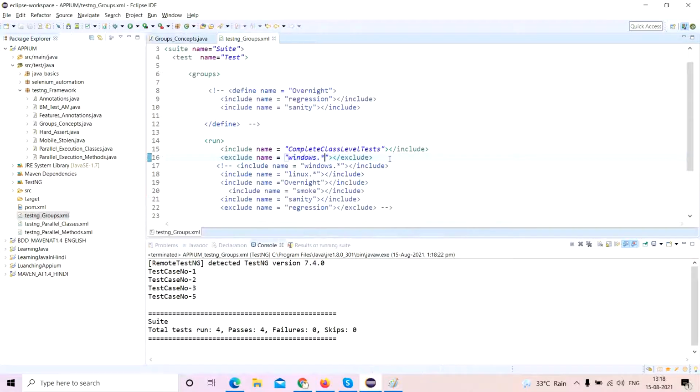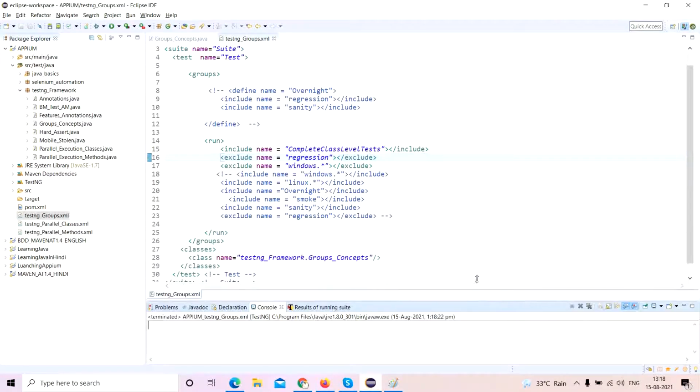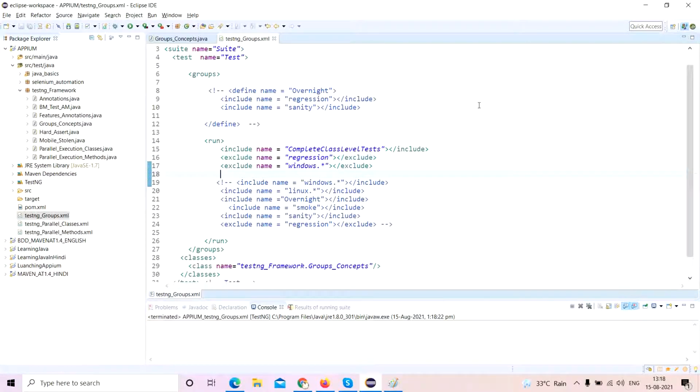Okay, now you want to exclude, let's say, regression here as well. You want to exclude your Windows regular expression as well as you are excluding regression. See, you are excluding two things, this and this.